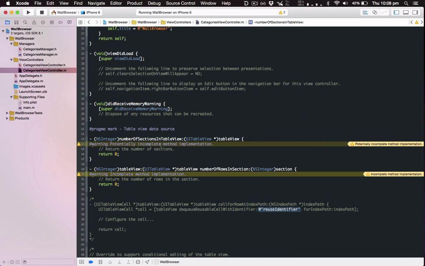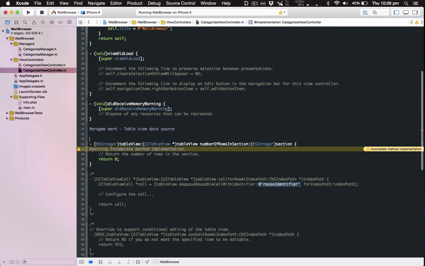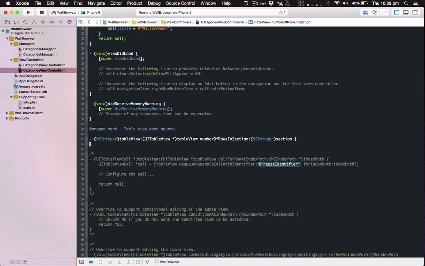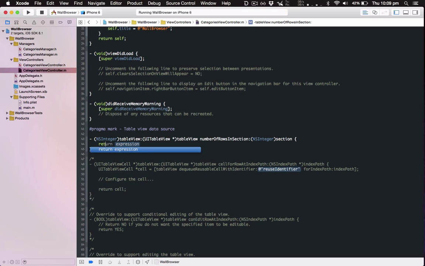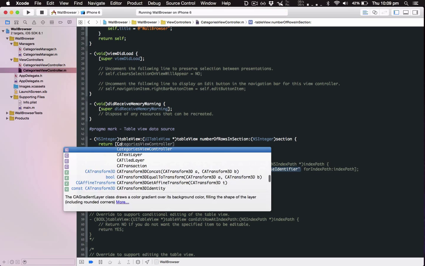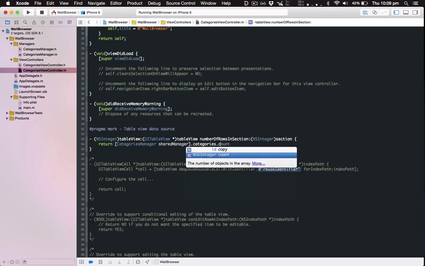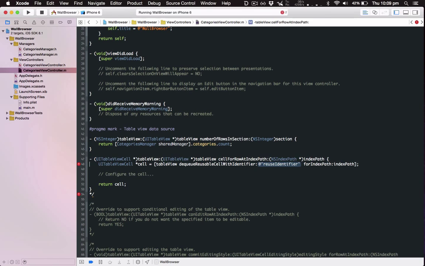Now for the number of sections in table view, since that's always going to be just one, we can completely delete that method. For number of rows in section, we can just grab that from the manager. Next, we need to